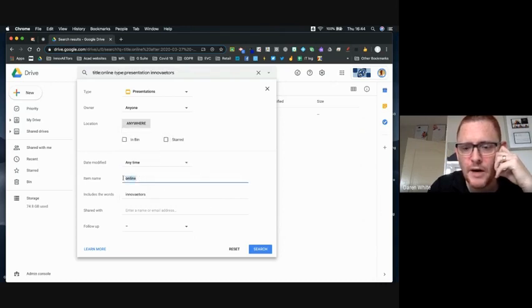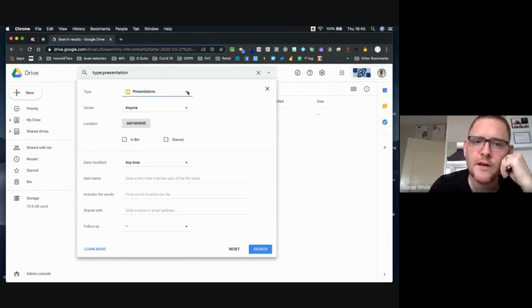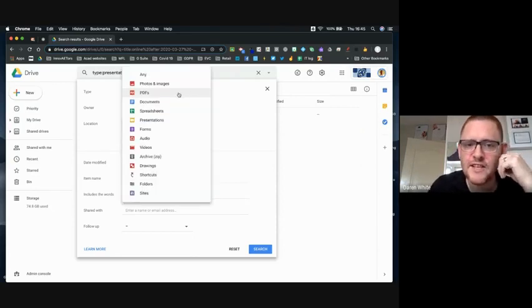I can include parts of the item name. Any term that matches part of the file name is good enough. And this will search for any words that are included in the document itself. So what I might do now is, instead of searching for these kinds of things, I might search for a